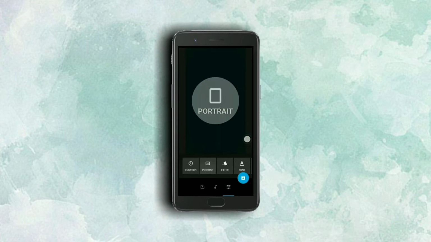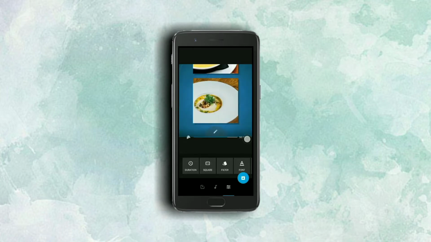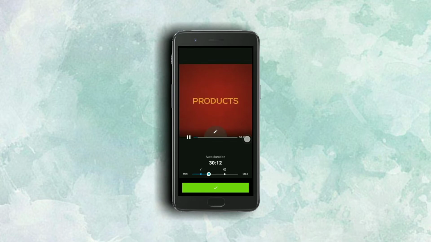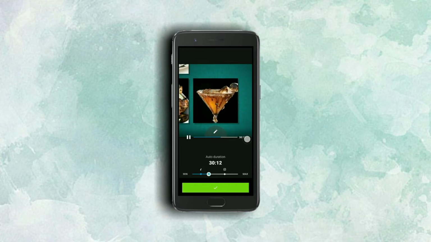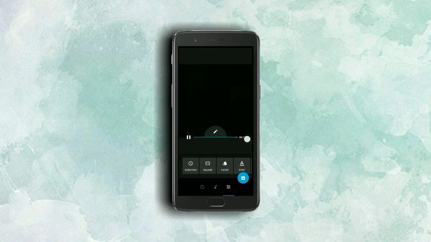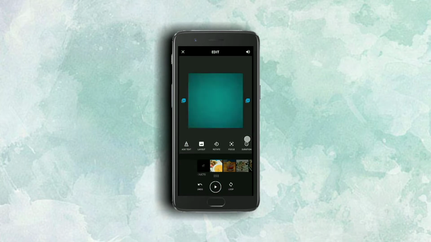Then you can choose the orientation of the video, which could be portrait, square or cinema. For now we are going to choose the square theme as we will be using it for the Canva. Then you can set the duration as well. For now it will be 12 seconds, as it will increase with the number of images we'll add or the text we'll add. Then you will add individual text to these images, which will act like a description to these images.